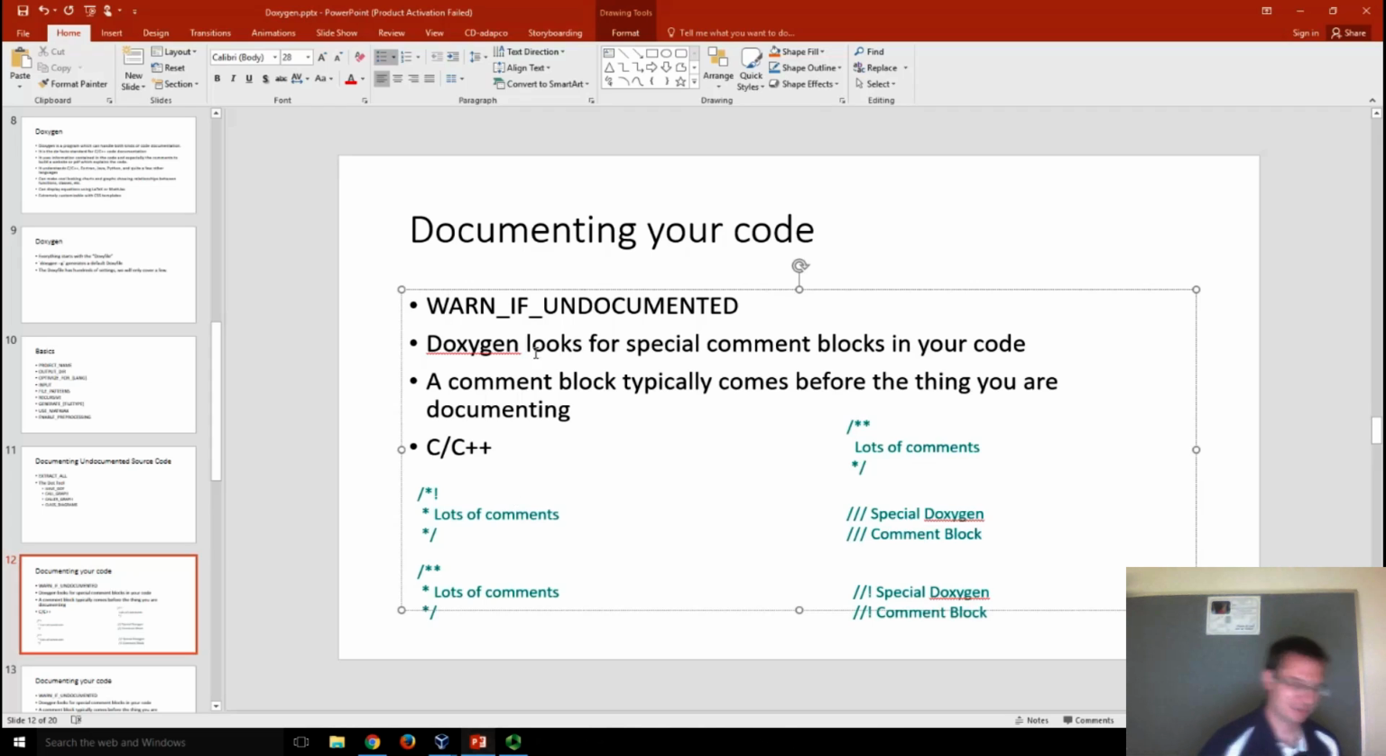Now, generally what Doxygen does is it looks for special comment blocks in your code. And these comment blocks typically come right before the thing that you are trying to document. So if you're documenting a class, you put this special comment block above the class. If you're trying to do a function, it goes above the function, etc. So in C and C++,